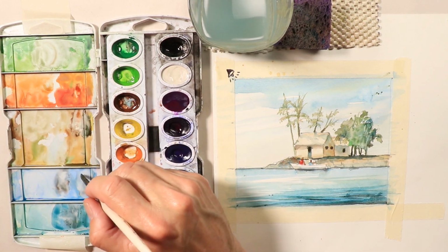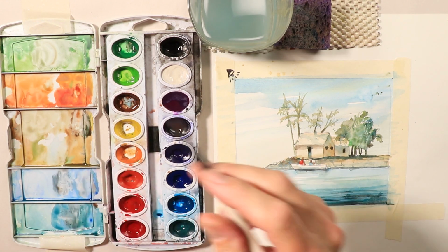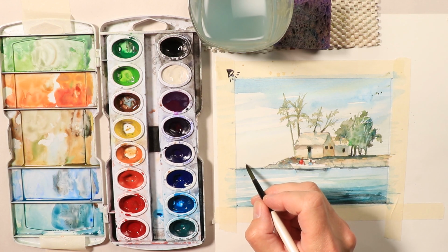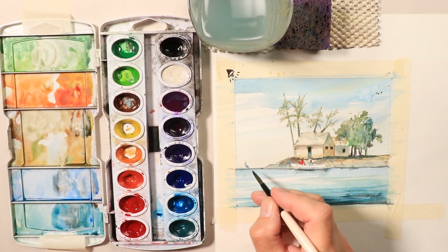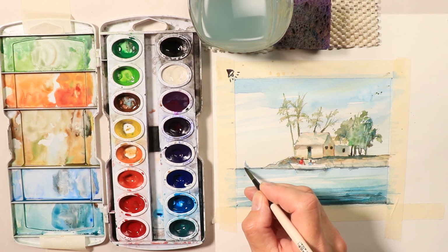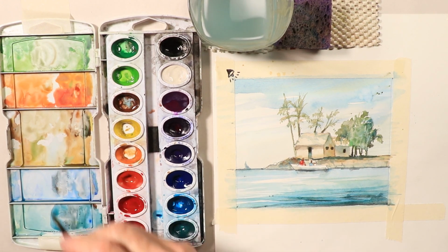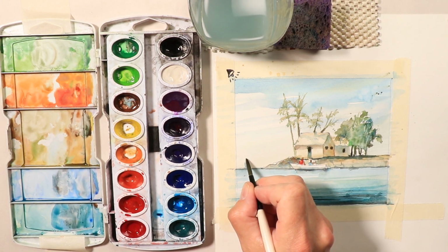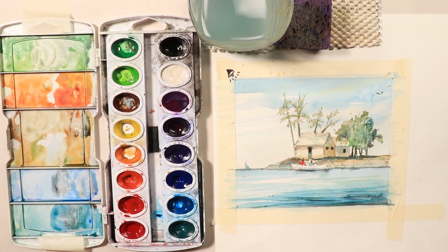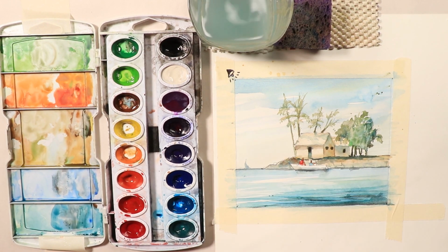And then maybe out in the distant ocean, there's maybe a sailboat. Like that. There we go. A little bit of a sailboat there. Very, very light though. It's in the distance. So when you have anything in the far distance like this, it has to be very, very light. Almost, you know, super light, because it's